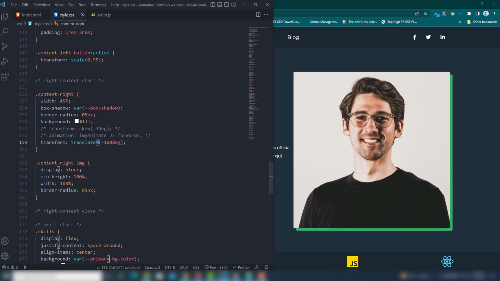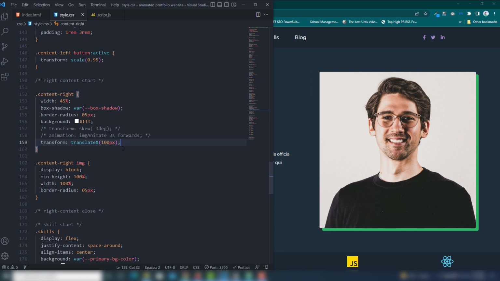Sorry, I will use transform translateX. X means left and right, right? First I'm going to show you. Yes, 100 pixel. It moves to the right side.